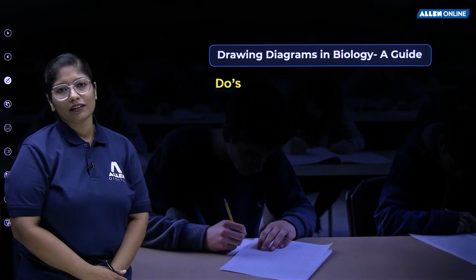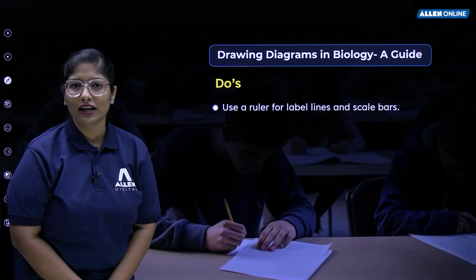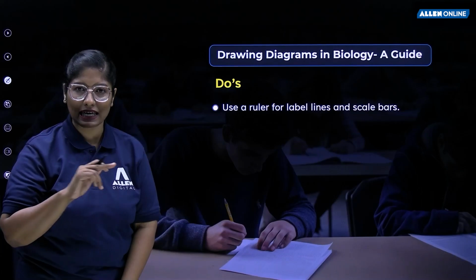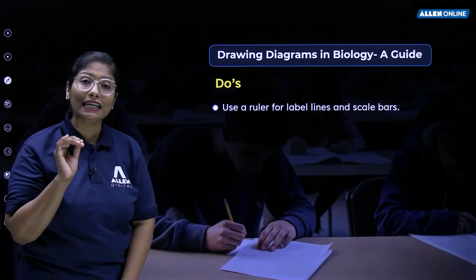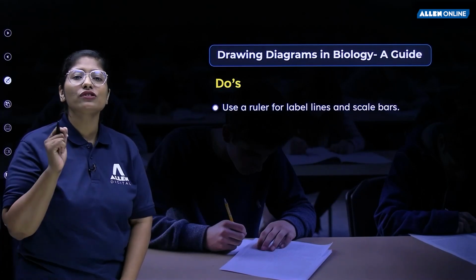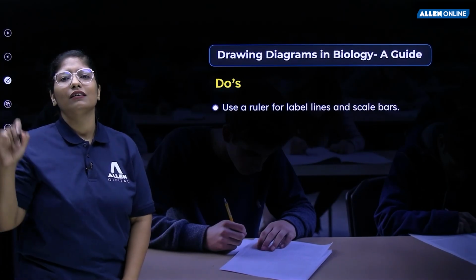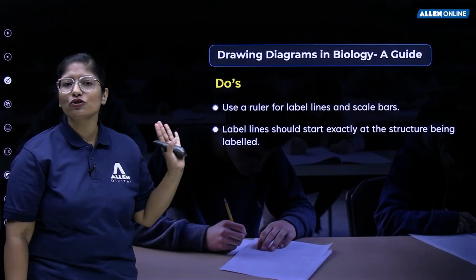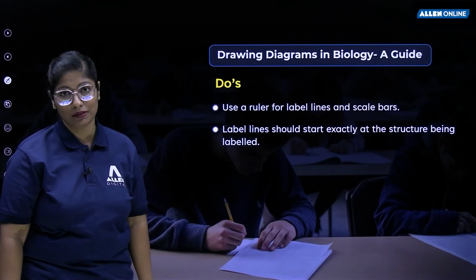Some more do's are that you should use a ruler for label lines as well as for your scale bars. Now at times you have to draw the bars, okay, the scales, the bars, so use a proper ruler for drawing them. Also for the label lines use the rulers so that the lines are straight, they are not dwindling here and there. Okay, next is label line should start exactly at that structure which you are trying to label,